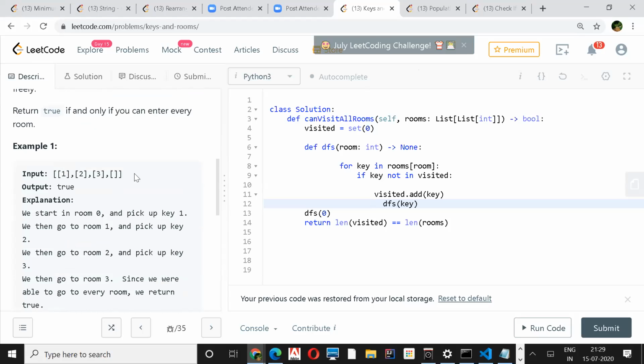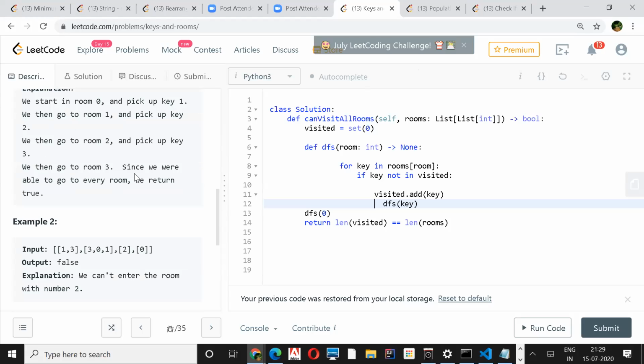But I think we can solve it with union find also, because every node will have a similar parent. If every room is accessible, then they will have the same parent, or else they will have different parents. Based upon that, we can return whether all the rooms are reachable or not.